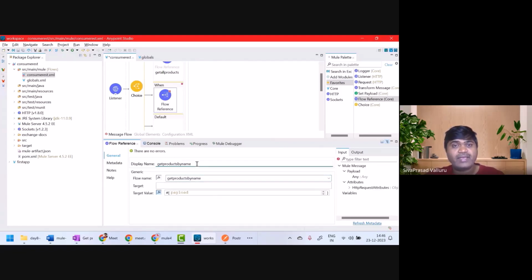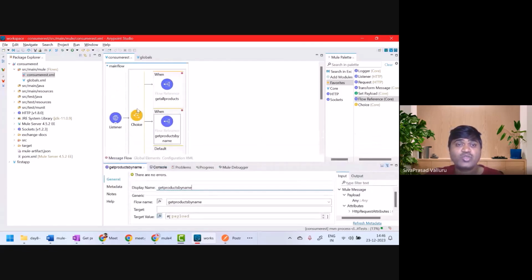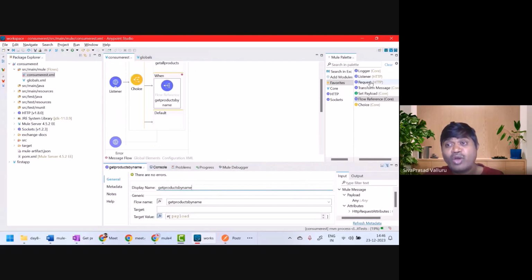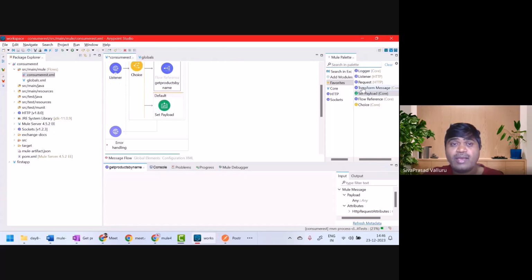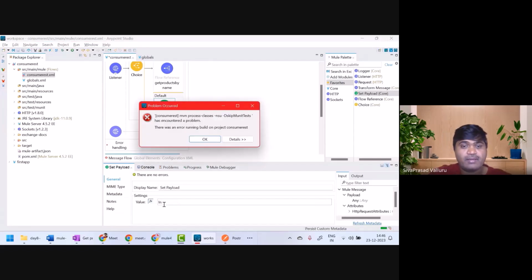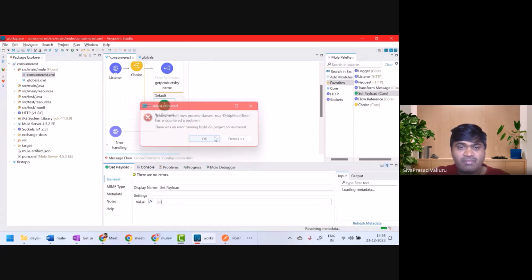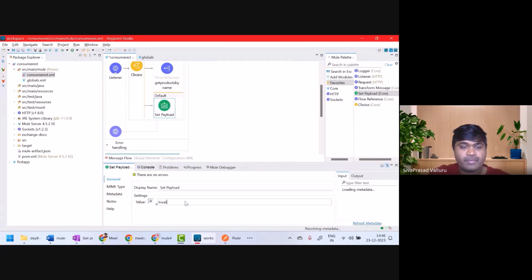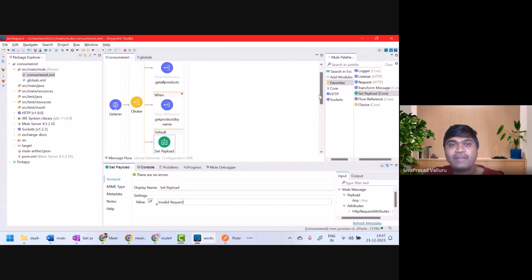Fine. Now I need to tell the condition when the request should go to this route, when the request should go to this route, and this is default. I'll drag and drop set payload, and I'll write invalid request. Whenever I save, Anypoint Studio is redeploying, and as the flows are not yet completed, there are